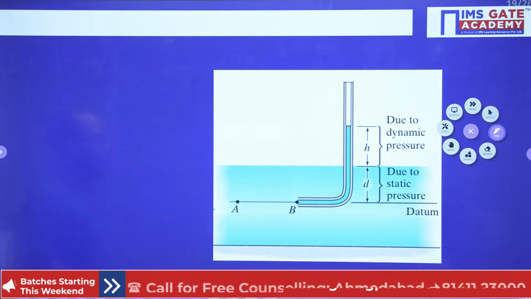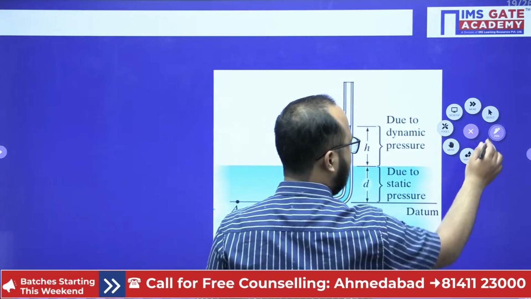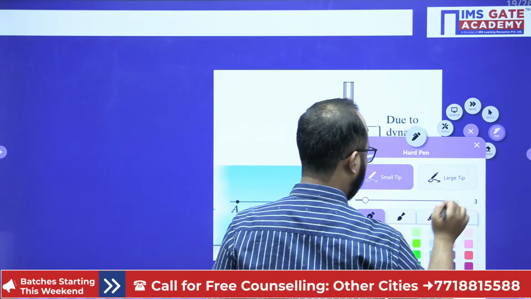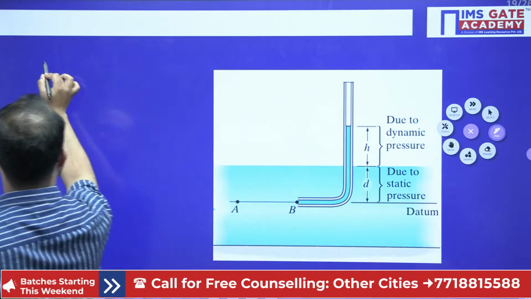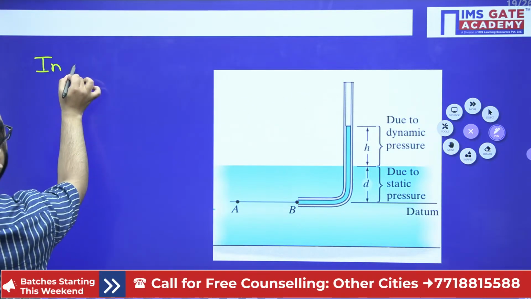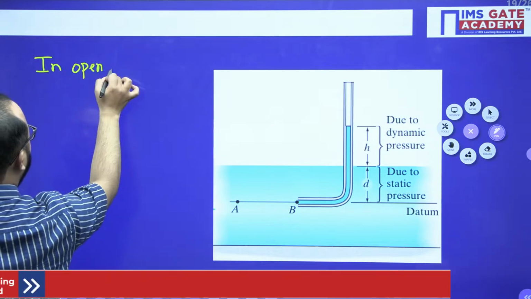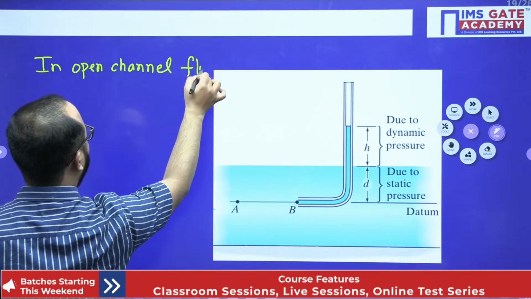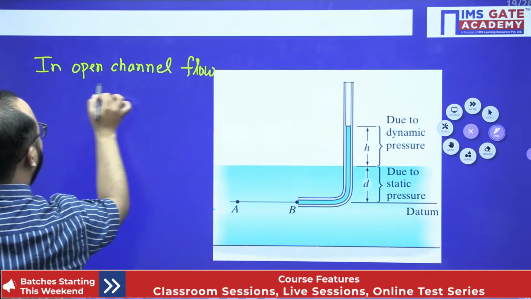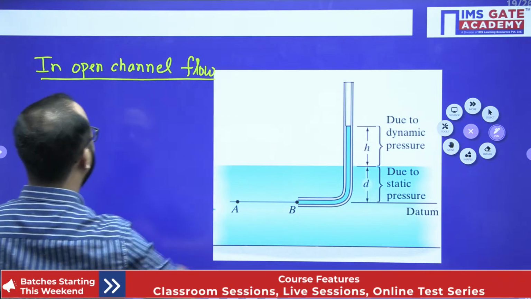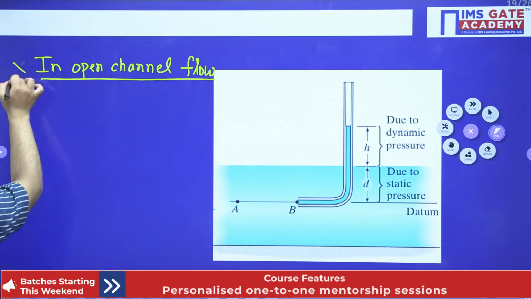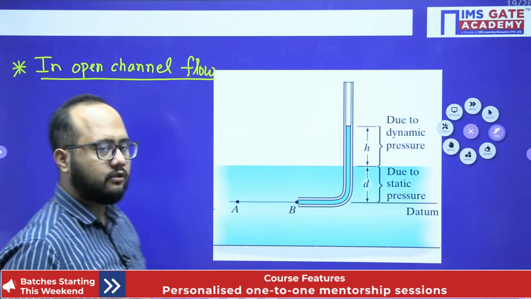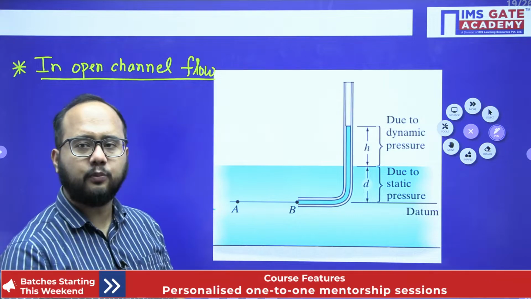Next is what? In the case of open channel flow. Right? So I should mention the point here. In open channel flow, a very important point,